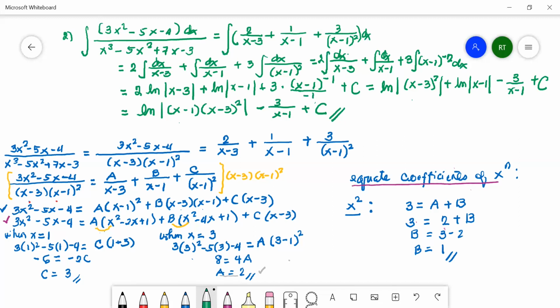Okay, so the two examples illustrate integration of rational function by partial fraction, okay, where the first one involves a distinct linear factor in the denominator, and the second example involves one distinct linear factor, x minus 3, and a repeated linear factor, x minus 1, okay? And this is repeated twice, okay? X minus 1 raised to the second power. Now,